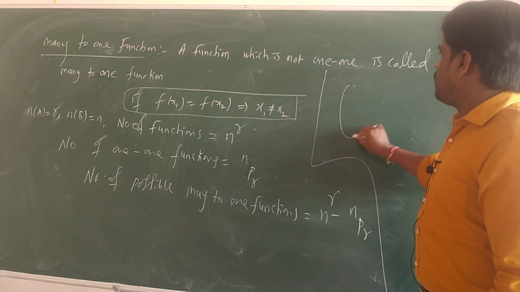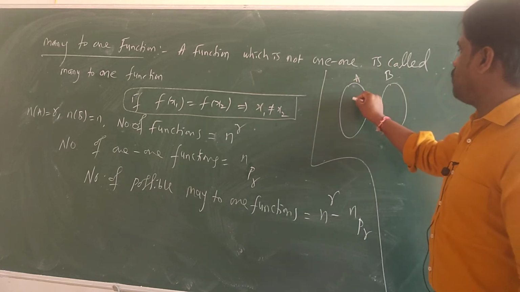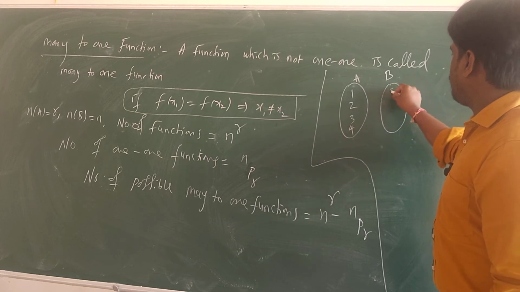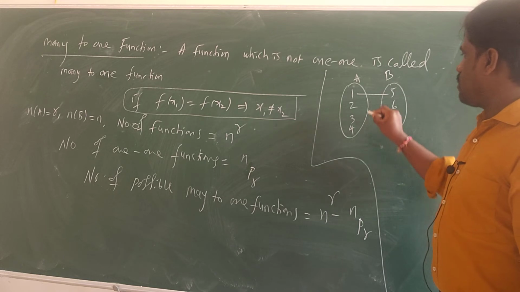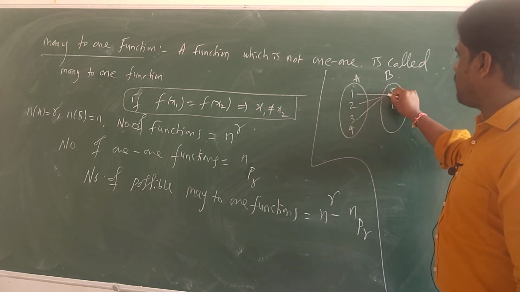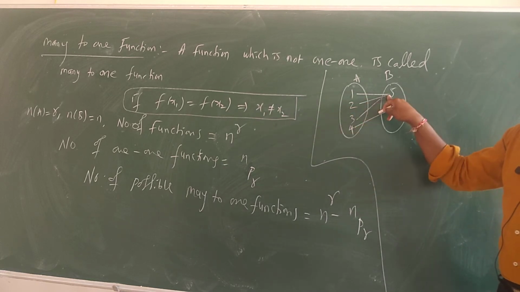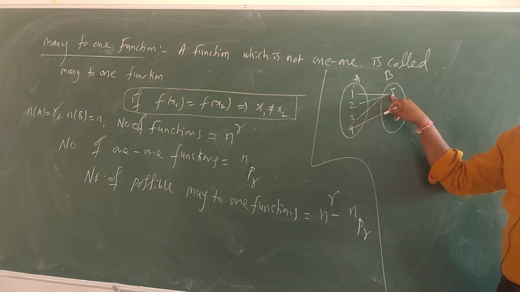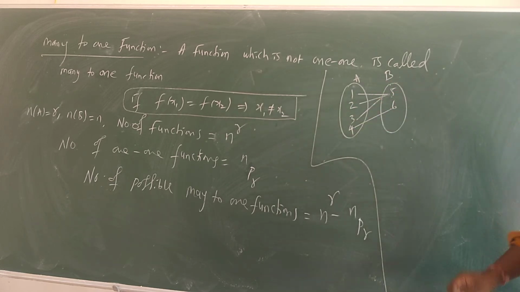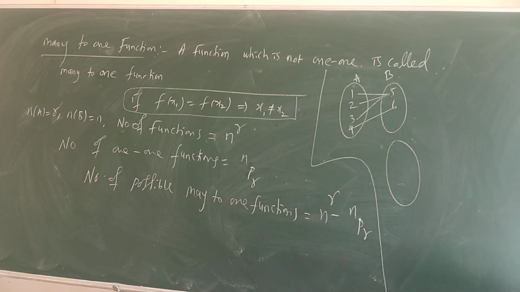See, for example, let us take a function here to make you understand what many-to-one is. 1, 2, 3, 4, 5, 6 are there. Suppose 1 has the image 5, 2 has 5, 3 has 5, 4 has 6. Now here it is many-to-one. Understood? This is many-to-one. So this is called a many-to-one function. More examples. Is this a function? It is a function. Okay. It is a function.